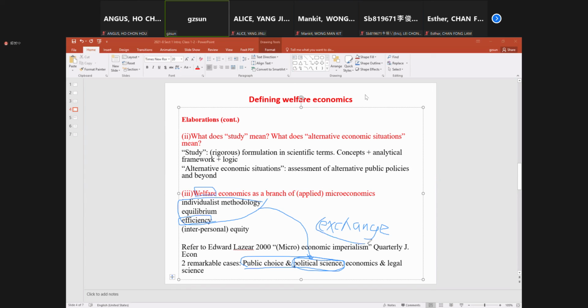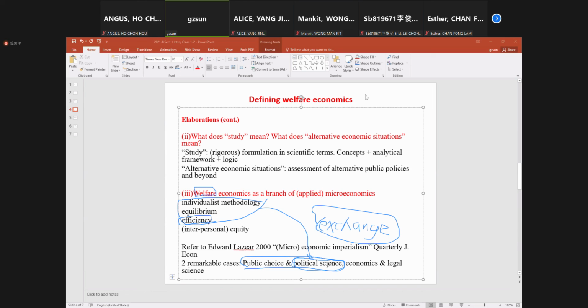But when we have exchange, we know we are dealing with economics. So in this sense, political life can be, that's a key word, can be. Certainly you can take a different perspective, but nothing wrong with taking this exchange perspective to understand political life. So this is the central idea of public choice. And by doing that, the public choice economists made a revolution about political science.